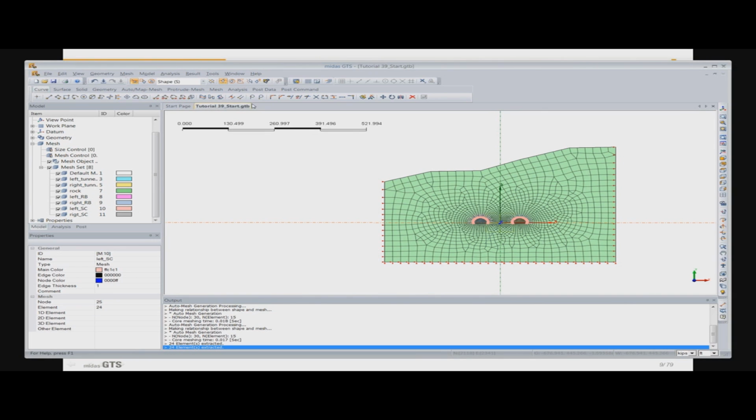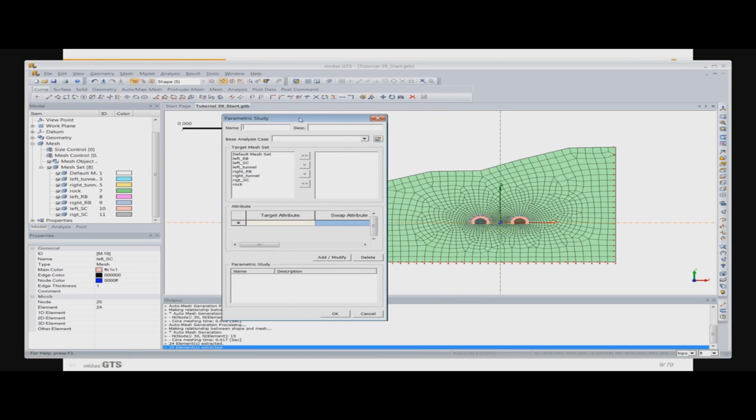So next, we will define the parametric study cases. We go to analysis, parametric study. So here we can give the name to be k equals 1.0. So the base analysis case will be the one we already defined, k equals 0.5. Here, as the k-naught value is assigned to the rock and the left and right tunnels, we will check them out and put them here. So in this parametric study, we assign different k-naught values. So we want the target to be k-naught